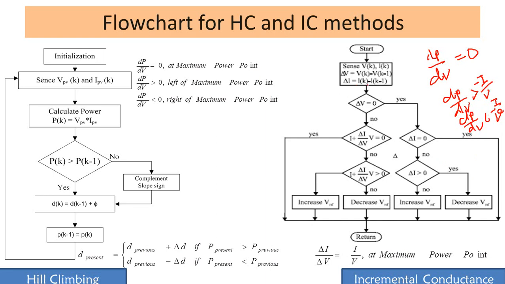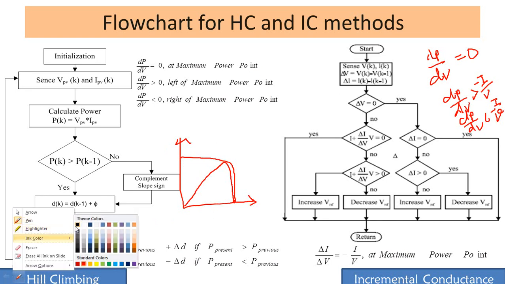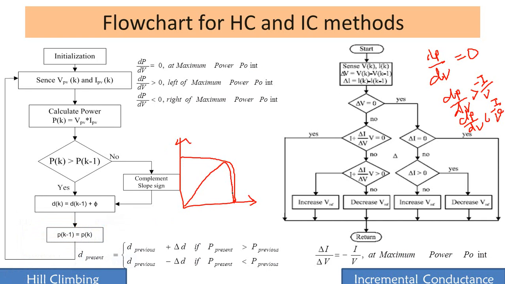So these three conditions, let us check. First, we need the initial 2 points in the IV characteristics. Let me draw the IV and PV characteristics something like this. Yes, this you all very much know. So in this IV PV characteristics, let me take this point. A thumb rule I have already told you in the class. Voltage will always be from 0 to V. Duty cycle is always in the opposite direction. This is going to be 0 to 1, or 0.1 to 0.9, whichever way you take. This is going to be the duty. This is rule 1 and rule 2.